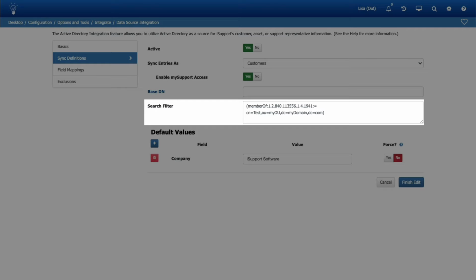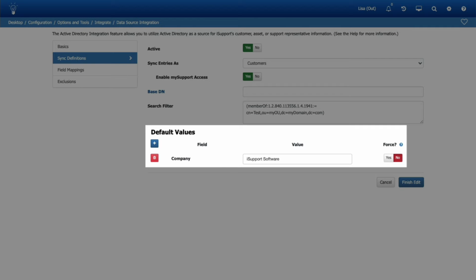When synchronizing customer information, a filter is only needed if the selected base DN contains unwanted lower-level nodes or if the data source's exclusions do not already remove the unwanted nodes. See the online help for information on filter syntax. You can set default values based on the sync setting entry from which a record is created. Use the force setting if you wish to have the default value override in cases where the attribute was populated